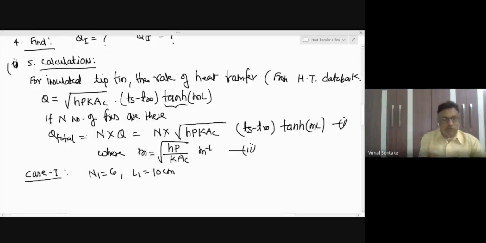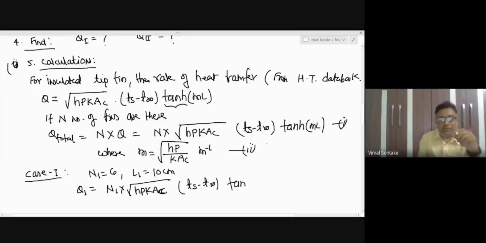So what will be Q1 in this case? Q1 will be N1 into square root of hPkAc, because h, perimeter, k and cross-sectional area are going to remain the same for all the fins, into (Ts minus T infinity)